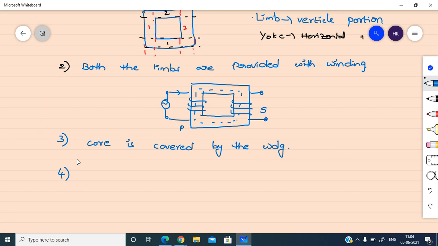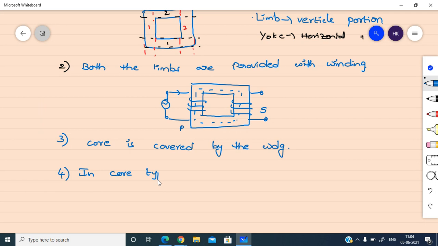And the last one in this construction, in core type transformer, we have two windings, primary winding and secondary winding. So in any type of transformer, these two windings will be there, but the type of winding, how we are winding, on which type you are winding, that will differ. So in this core type transformer, interleaved winding and concentric winding will be adopted. So what are those we will discuss?